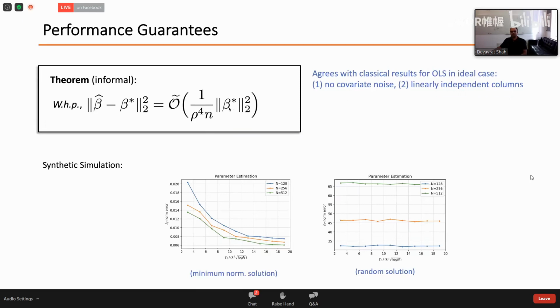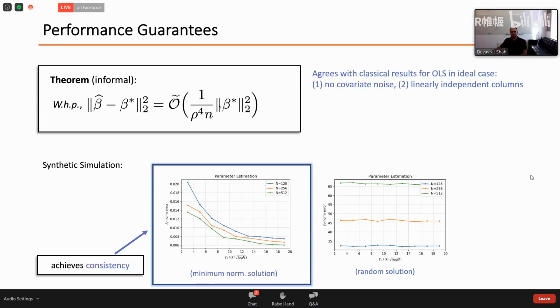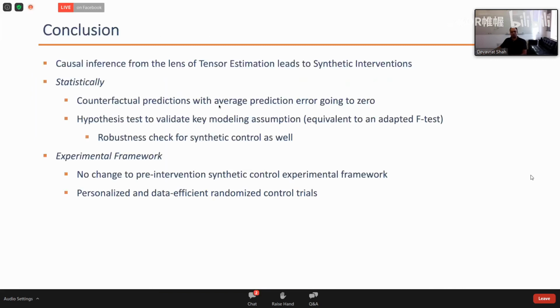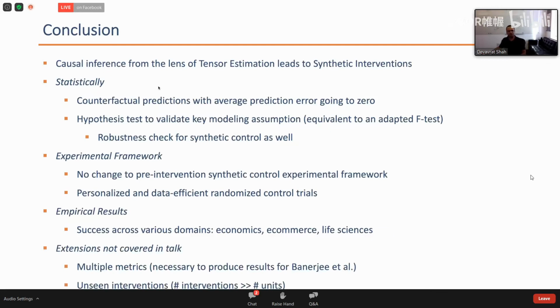Okay, so what is surprising is that such a simple method, which is the core of synthetic intervention for error in variable regression, achieves the best possible rate in a model agnostic manner. And it provides us an excellent way to generalize counterfactual predictions, even when the distribution changes. All right, so with that, I think I'm going to stop and put up this conclusion slide.